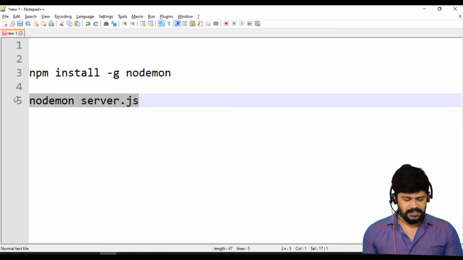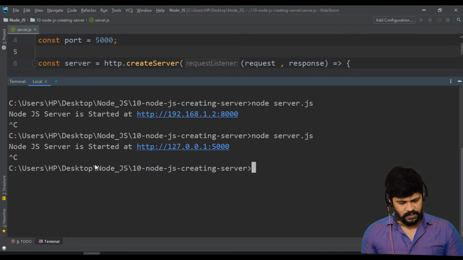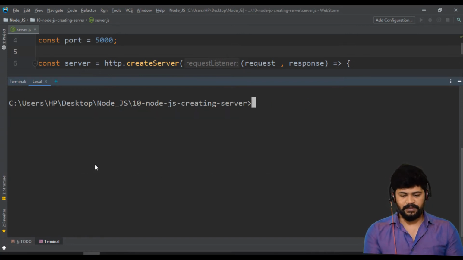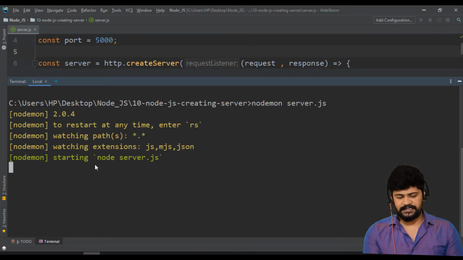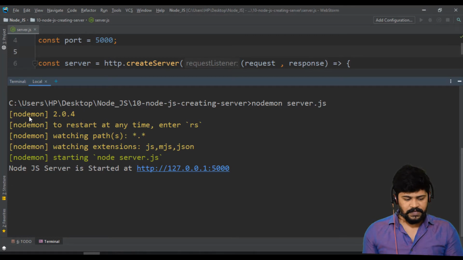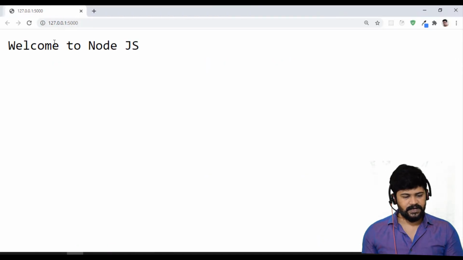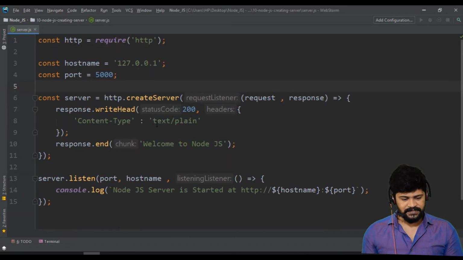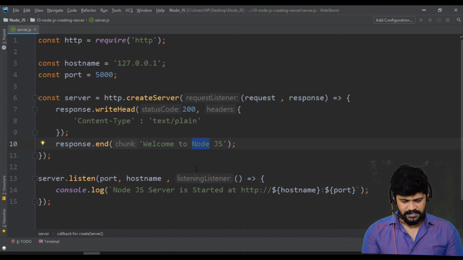Let's see that. Now back here, I will stop it. Let me start with nodemon. How to start with nodemon? nodemon space server.js. Enter. See, you got some server logs from nodemon, and then you got a message with the port number. You got a server. Fine, I got the response. Perfect. Next, I just change something. I can change the port number or else I can change this text to Express JS. I save it.